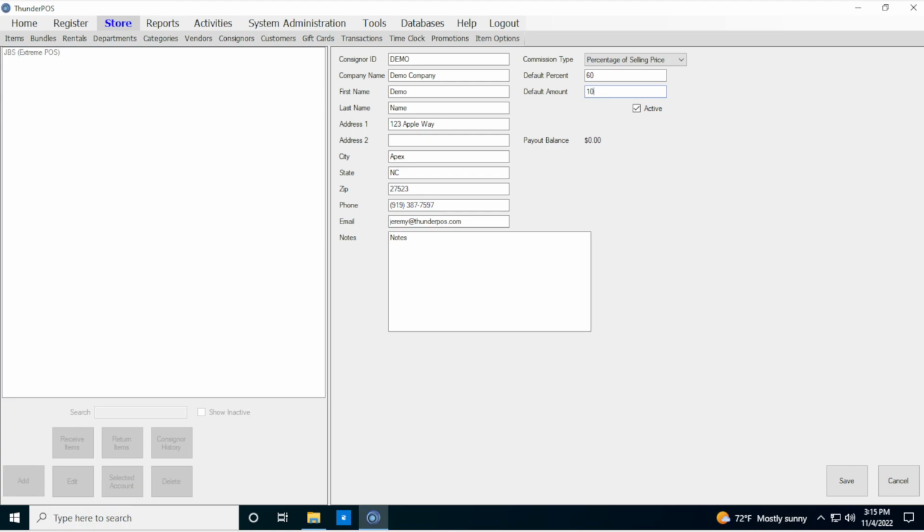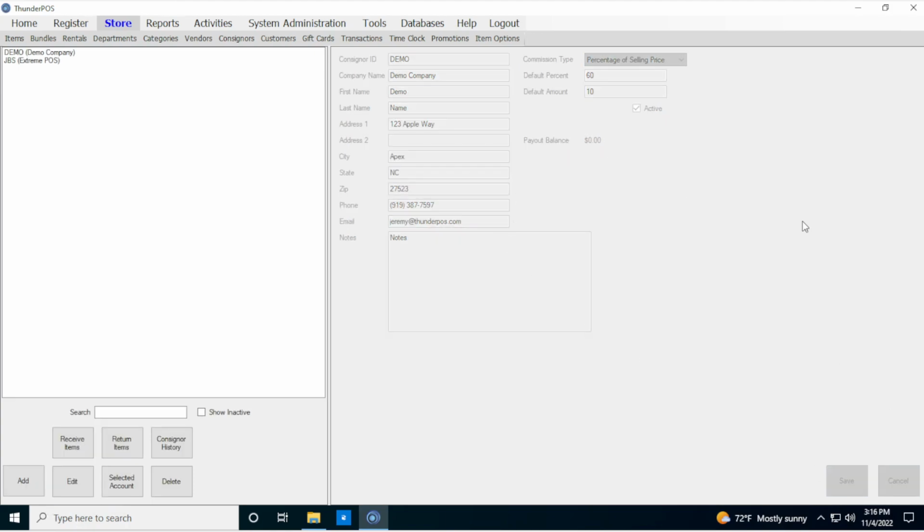And then the default amount is just an amount per. That's usually useful if you're giving the same regardless of any sales or promotions you do, because the percentage is after all line discounts and any changed price and anything else. It's a percentage of that price, whereas the amount is just each unit you sell, you owe that. And an item will either have an amount or a percent. It will not have both, but you can set a default for each. So we'll go ahead and save this,